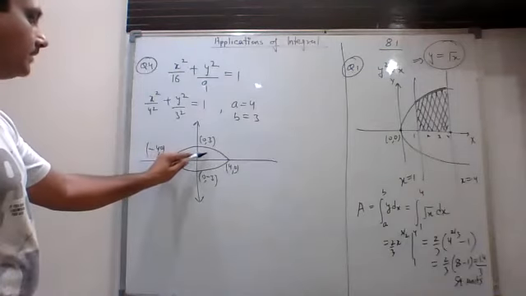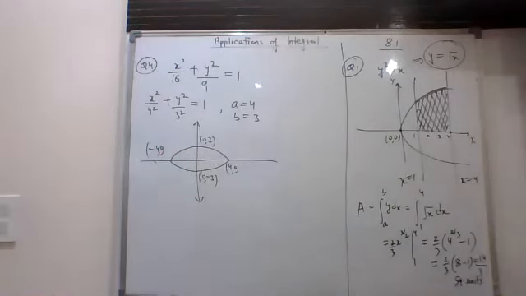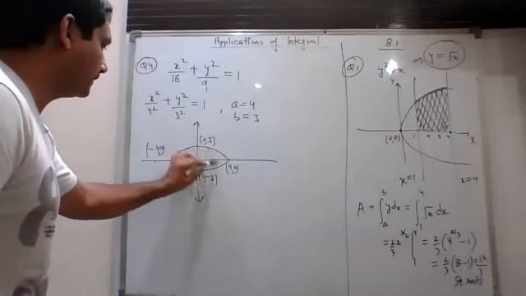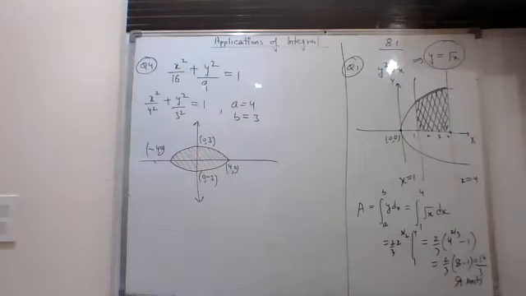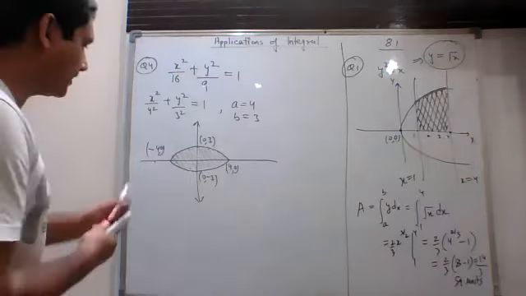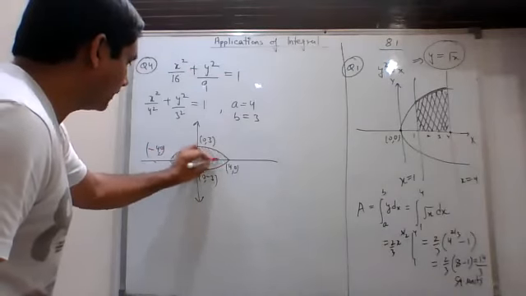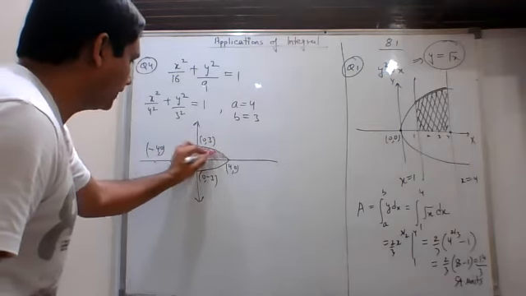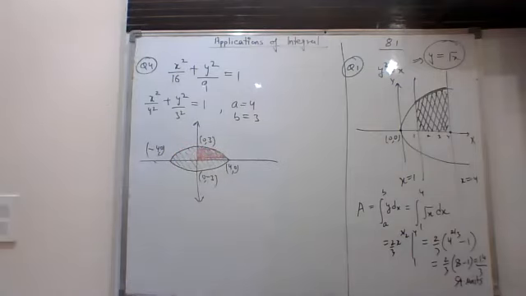It's a symmetrical figure. Symmetrical means all these 4 areas are the same. So actually we want to find this particular area bounded by this ellipse. What we can do is just focus on finding the area in the first quadrant and take 4 times of that. You will focus on finding the area of this first quadrant, take 4 times this particular area, and you will get the required answer.